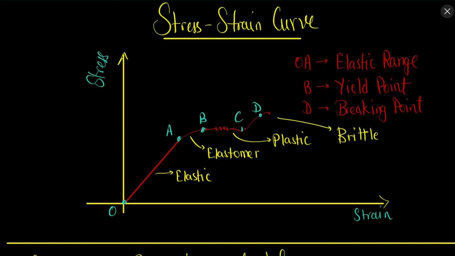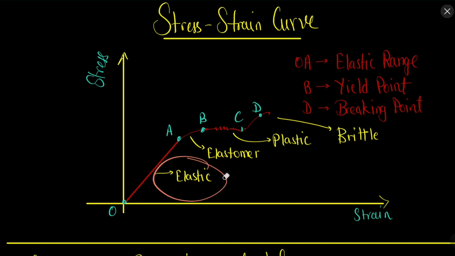Why? Because it is very difficult to change the shape of steel, and if we change the shape of the steel, it will again come back to its original shape. Not that easily, but it will. Rubber is less elastic because it is very easy to change the shape of rubber, like a rubber band. So elasticity is about a material which can withstand the most force, is very difficult to change in shape, and if we change the shape, it will come back to its original shape. That is called elasticity.